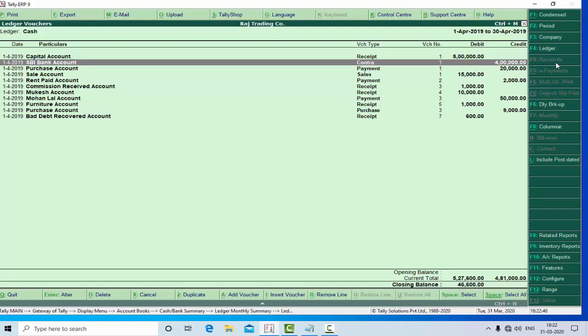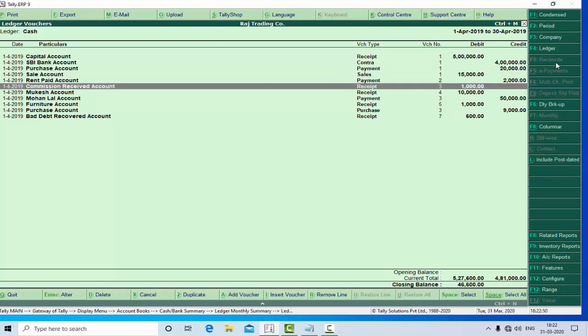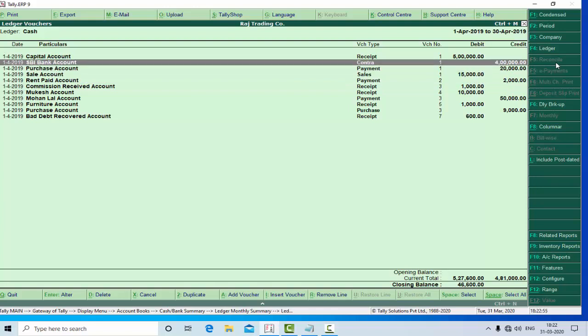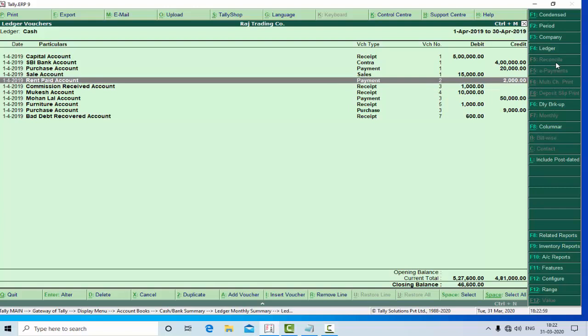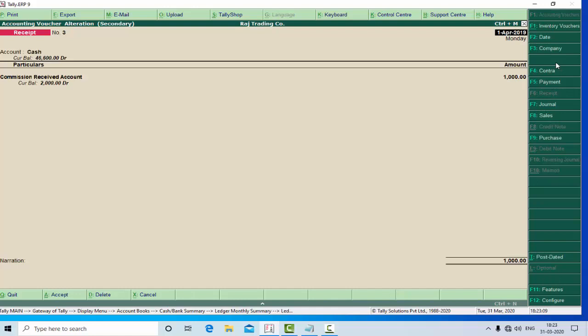Capital receipt 5 lakh, sale 15,000, commission receipt 1,000, and similarly payment SBI bank through purchase payment 20,000, similarly 2,000 rent paid. So all you will see in detail. And if you want to see the entry like commission received entry, click here, then you can see the receipt